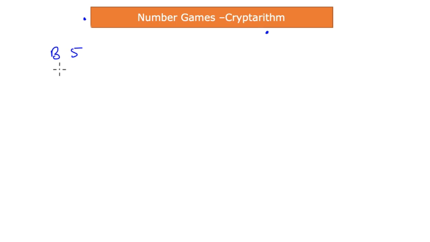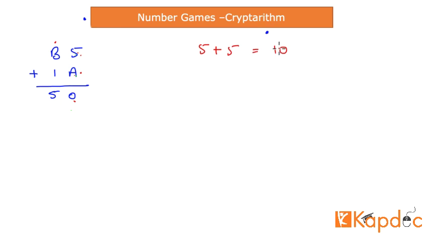So first let me give you a very simple puzzle. It is B5 and another number is 1A. Addition of two-digit numbers, right? And this addition results in 50. Your task is to find the missing number A and the missing number B. So starting from the rightmost digits, there is a digit 5. Added to something, it results in a number that has a 0 in one's place, okay? Now you see that the number 5 is already bigger than 0, right? So the very obvious choice is 5 plus 5 makes 10. There is no other number that when added to 5 will give you a 0 in one's place, right? So now you have a 0 in one's place.